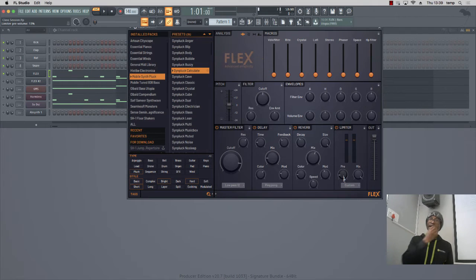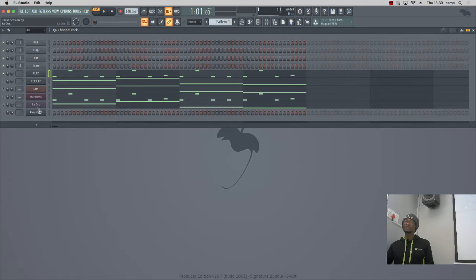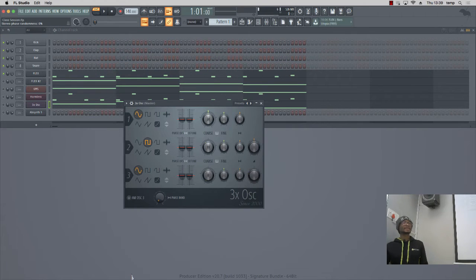You understand? Again, parameters of a plugin. Cool. So I'm going to move from there. Then I'm going to go to 3x Osc. Now we start with the plugin that gives you oscillators and gives you the ability to create your sound from